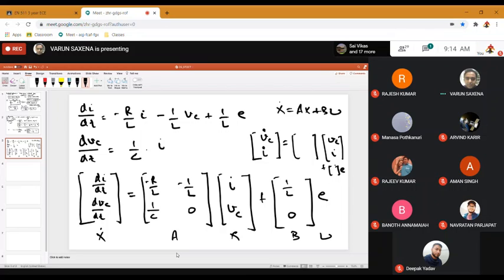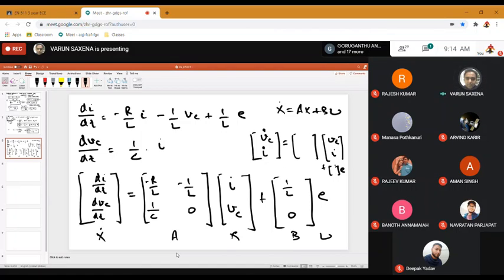In the exam, if such a question comes, then either you will be given the state variables, or you will be asked to arrive at a certain state space representation where you have to decide what the state variables should be, which of course you will come to know once you see. But sometimes, if a problem is given to you like a project, then a little bit of practice is required to ascertain what the state variable is going to be. Generally, though, it's pretty straightforward in problems. Anyways, so this is the first thing.